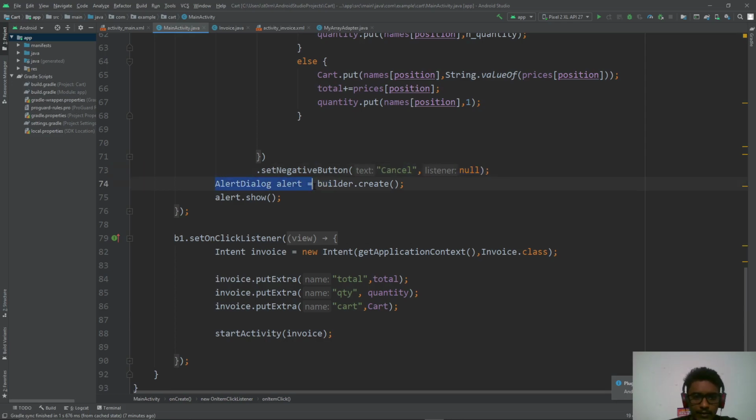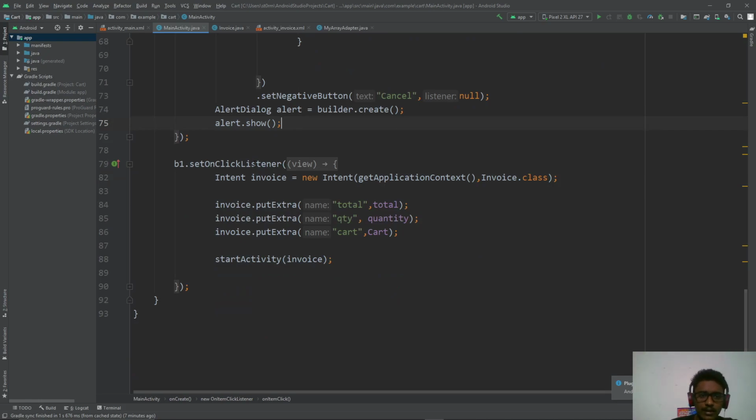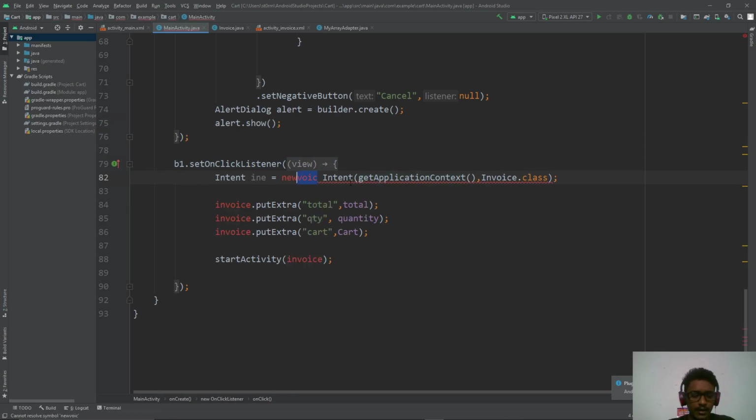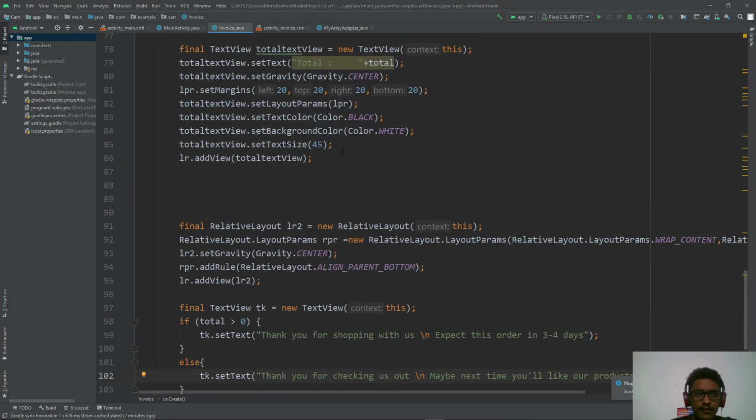And finally we create the alert dialog and we show the alert dialog. And then this is the submit invoice button, which goes to a new screen. So we have a new intent over here, and this is the context that we provide, and this is the class name which we need to create the new intent with. We put some extras, basically one to track the total, one to track the quantity, and one to track the cart, and we start the new activity. The next one is the final